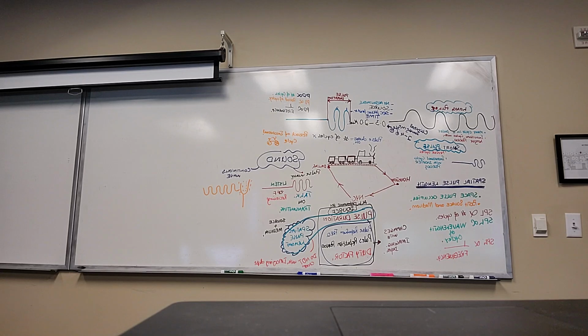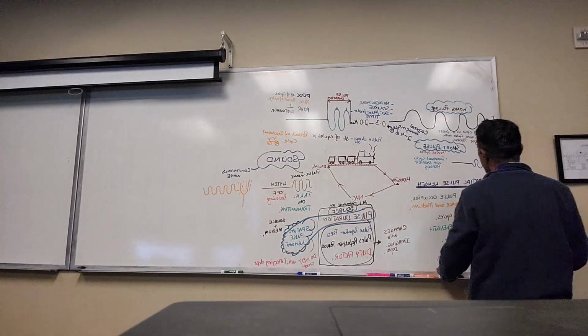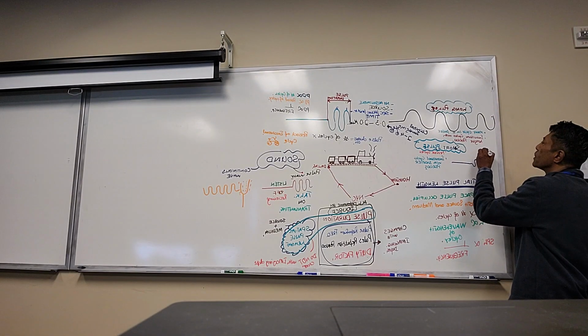Again, long and short pulses. Two characteristics produce longer pulses. What were those two characteristics? The number of cycles in the pulse and the period of individual cycles. So let me replace that word period with the wavelength. So it's the same, longer pulses. So let me add one point more to it. Individual cycles